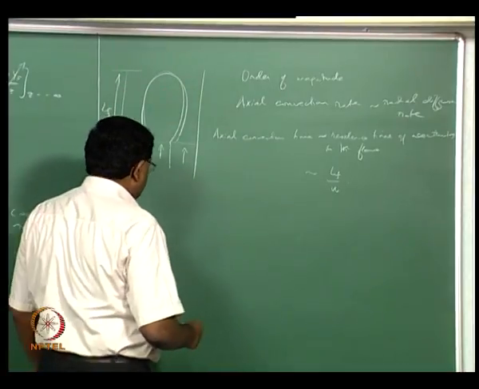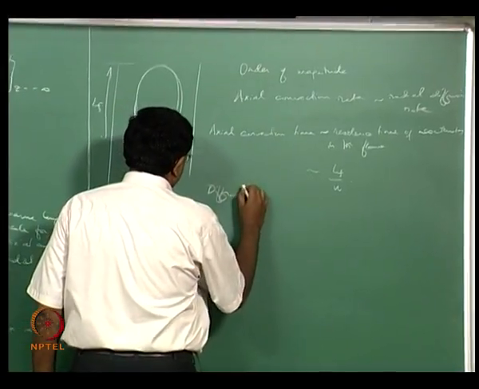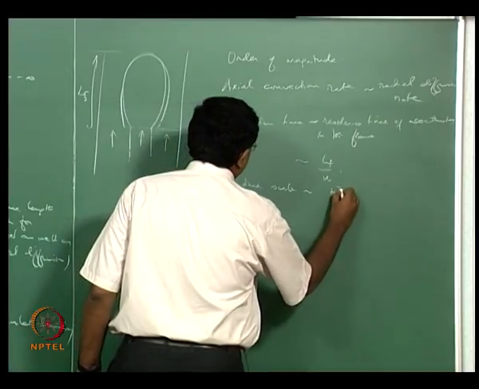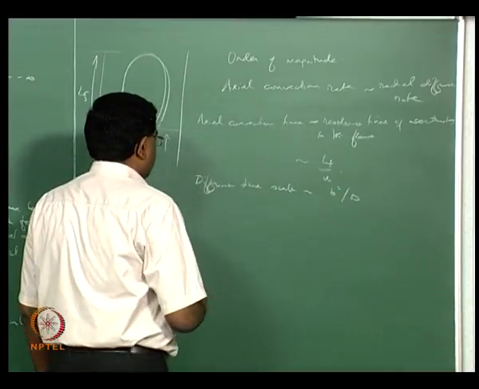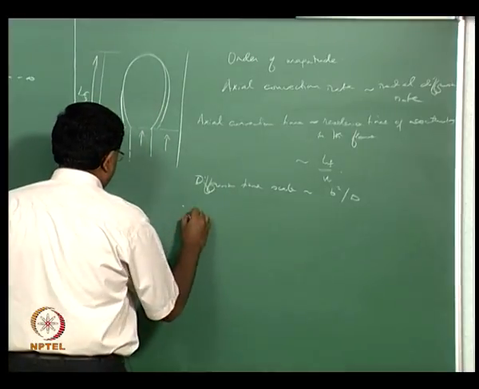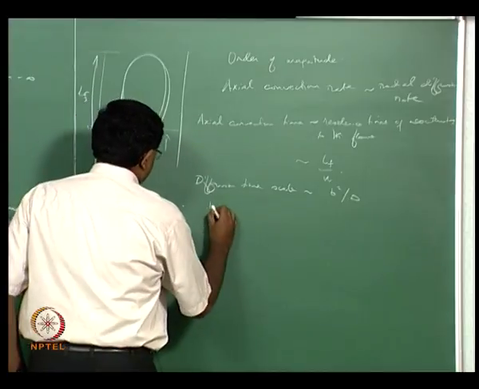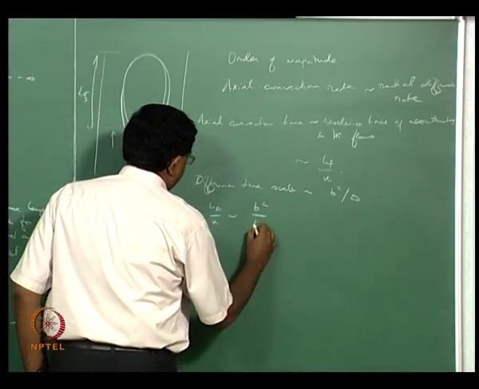So the diffusion time scale is, as we saw yesterday, b squared over D, right? Therefore if you now say LF over U is of the same order as b squared over D, then